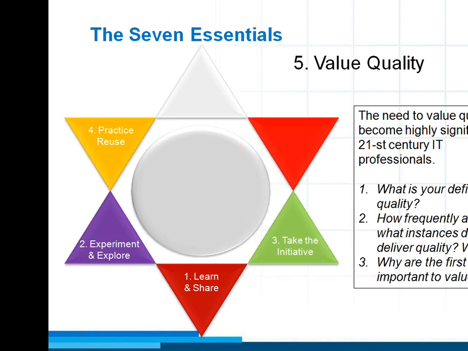And when you practice the first four habits, the effectiveness of this habit increases. For example, when you have an organization in your company that promotes quality, when the members of that organization practice all these four habits, they become experts and they become role models in adding quality to your profession. Unless IT professionals value quality, obviously it is very difficult to deliver quality products and services. So with that note, let me move on to